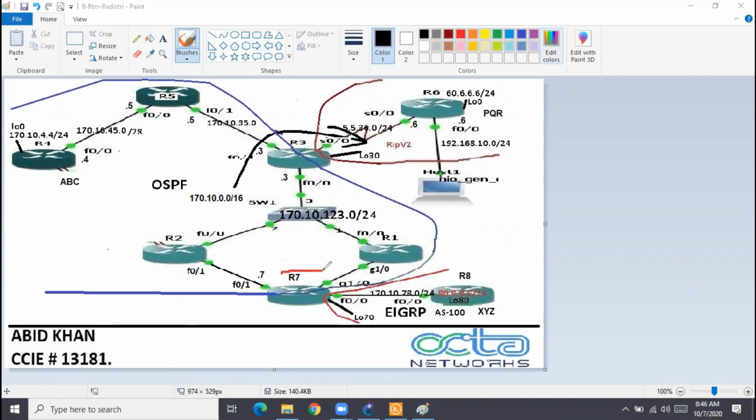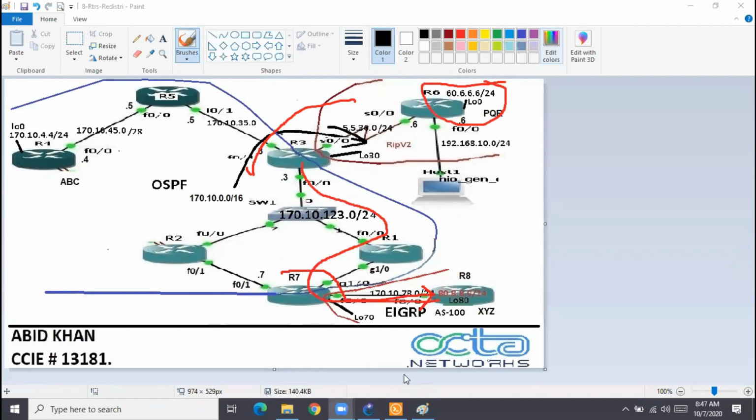So once I did that, whatever R7 was having in its routing table, everything it forwarded to R8, all the routes it was learning through OSPF. Even the RIP routes, which are originally RIP routes, when they come inside the OSPF domain, they become OSPF external routes. All these routes come to R7, and then R7 redistributed them to R8.